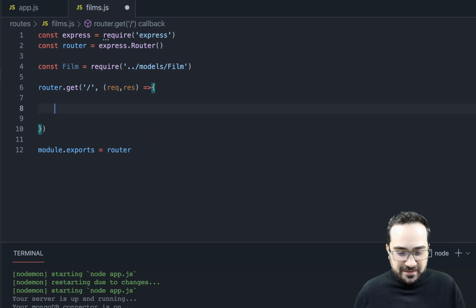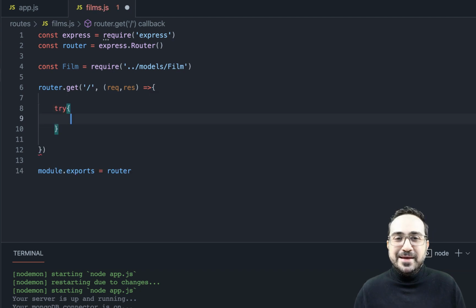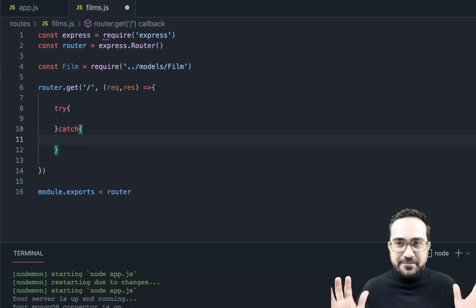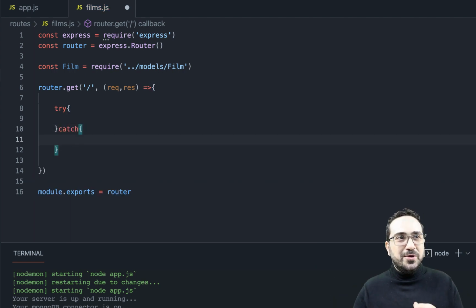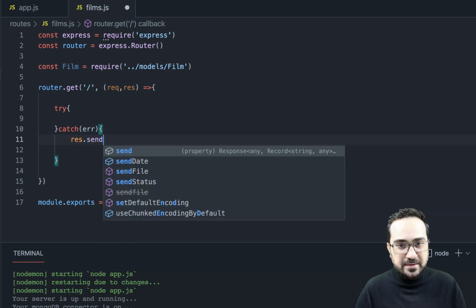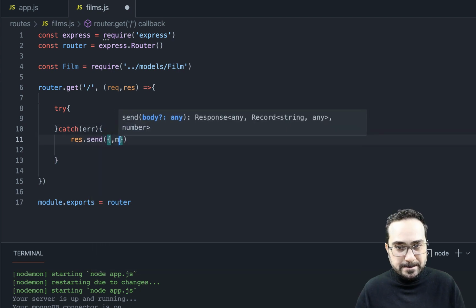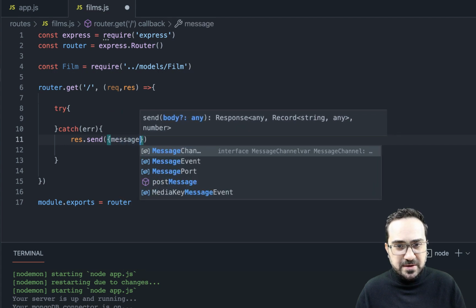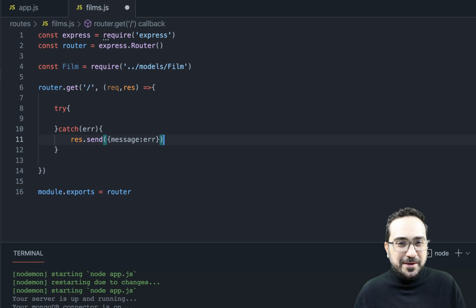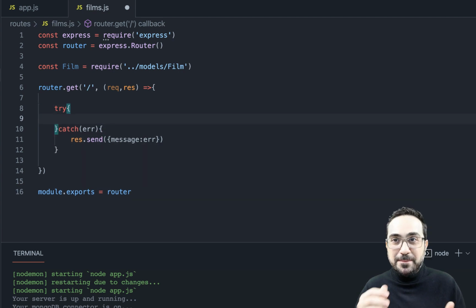Always you have to remember this. I will try to do that, right? It doesn't work all the time, all right? So this is why we use these try catch. It's very common in programming. Always, whatever we do, we need to have these try catch, right? So I will try, and if there is something wrong, I will catch an error, and if something goes wrong, I will send back a message. Don't worry about this, a message and an error. It will not happen in our case. I promise you it will work. But you never know, all right? It could be an error, something happens.